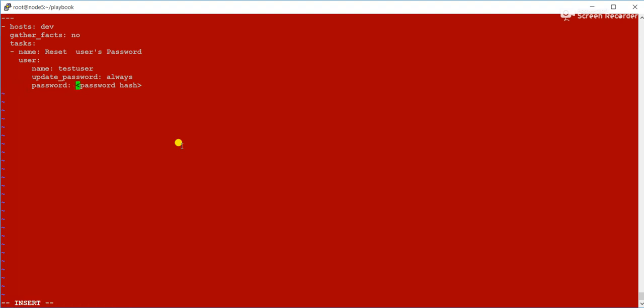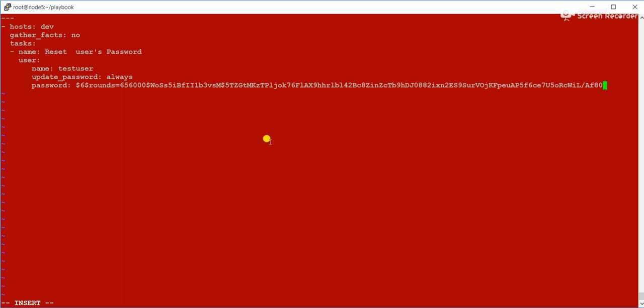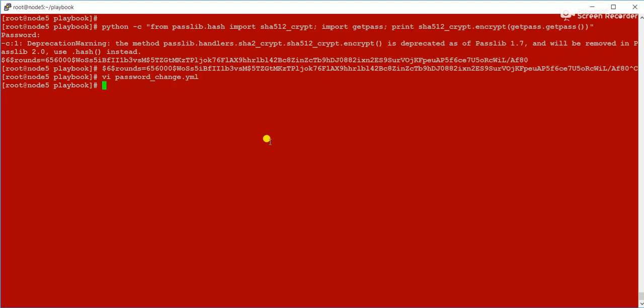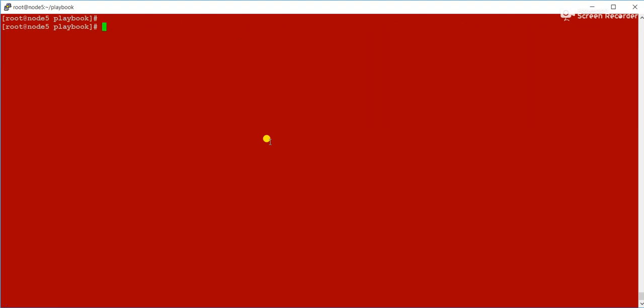I will go to insert mode, then paste the encrypted password here. Then save and quit. That's fine. Our playbook is ready.